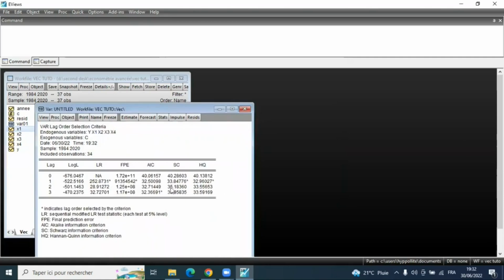Then click on OK, and we can see that in this case, one of our criteria, the Akaike information criterion, AIC, shows that we can estimate a standard VAR(3). Other criteria have shown that you must estimate a VAR(1) model. The limitation in choosing a 1-lag VAR model is that if you are going to estimate a vector